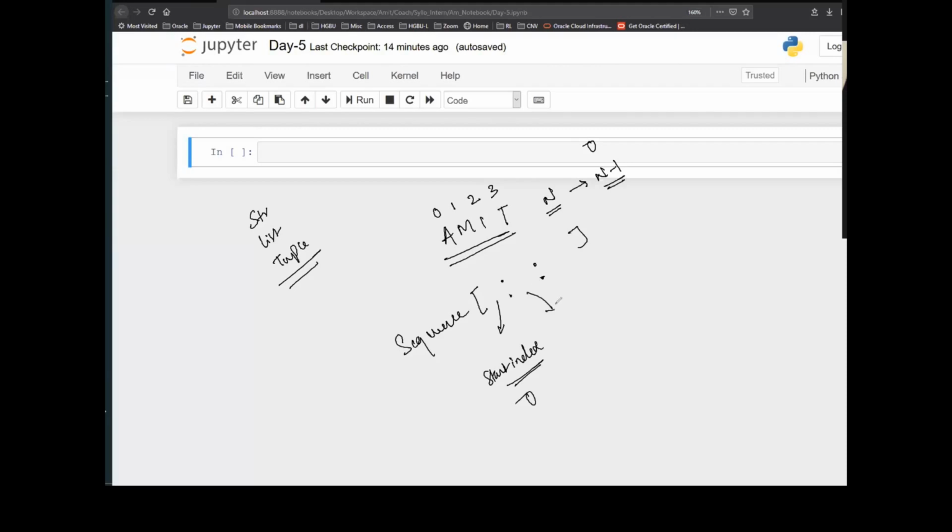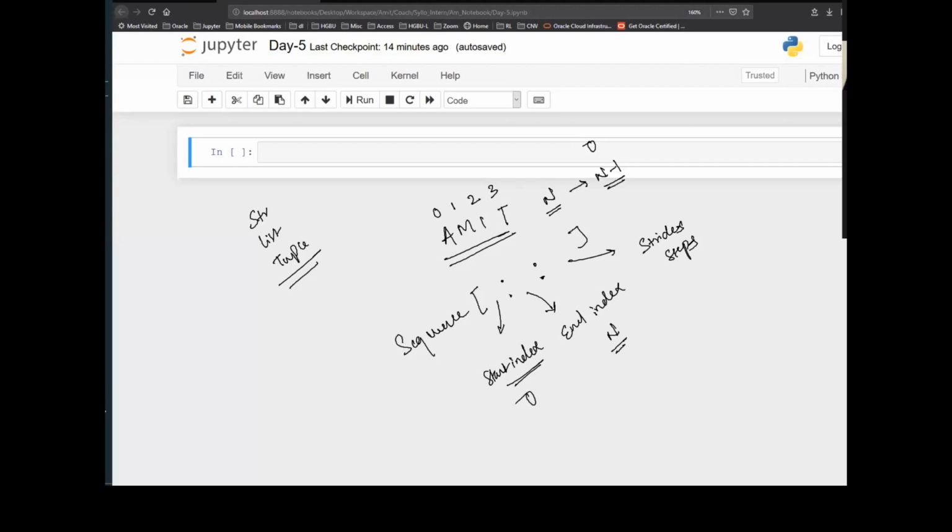Here you have end index. By default, it is the last element. You can say n, because if you give end index as n, it will go till n minus 1. And here you have stride, or the steps, how many steps you want to take.